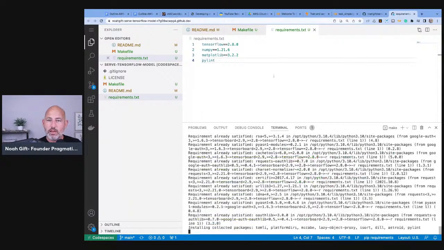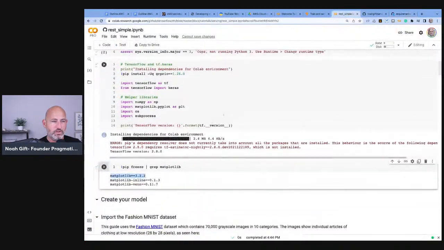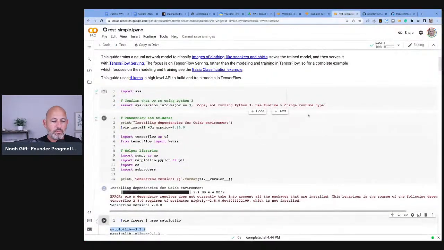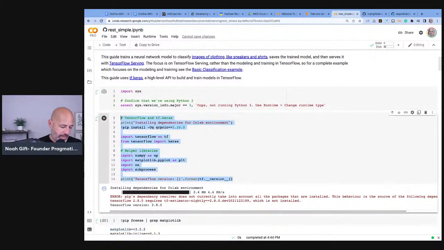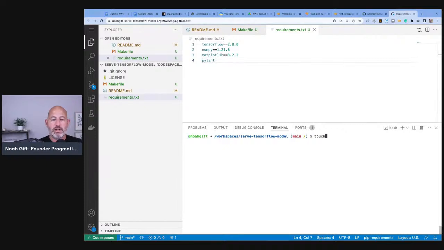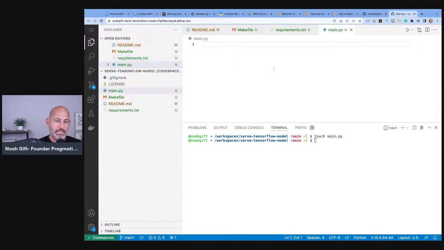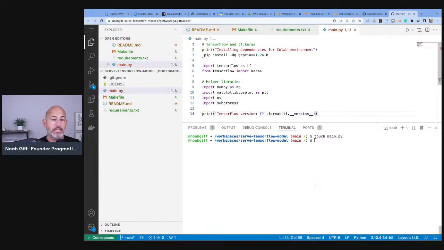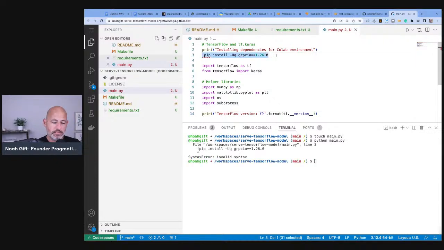Okay, great. Now I can go back here to just grab some of the code. So I'm going to grab this, and we'll just keep running it step by step. So first I need to make something. So let's create a file called main.py, and then I'm going to paste this inside of there, and let's see, does anything work? This is always a good place to start. Does anything work? So if I run python main, ooh, that's not good,